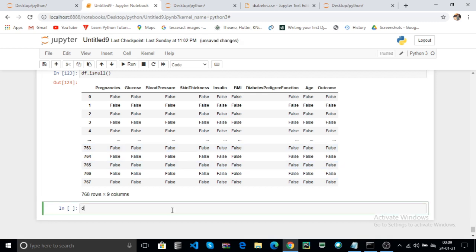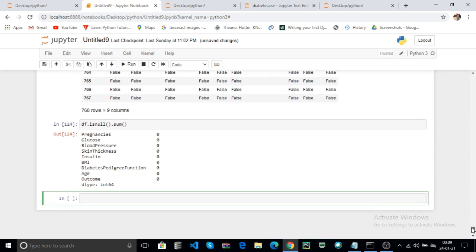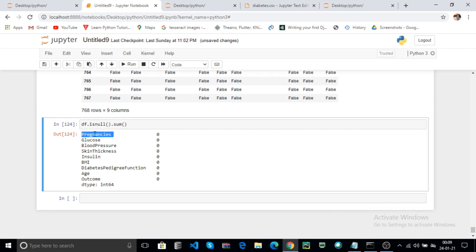Here you can also use df dot isnull dot sum. Click on run. Here it returns 0 because it checks every column. If a column contains any null value, it returns the sum of the null values, that means the count of the null values in your data frame.